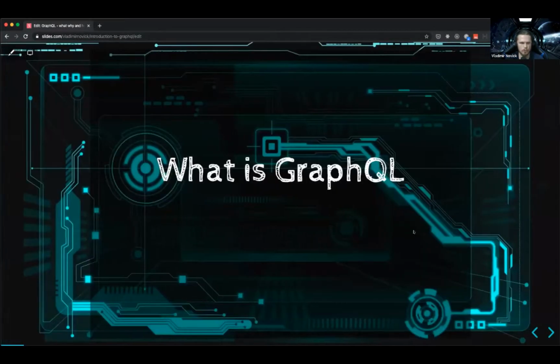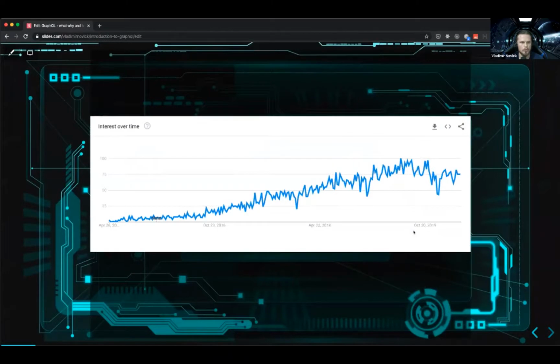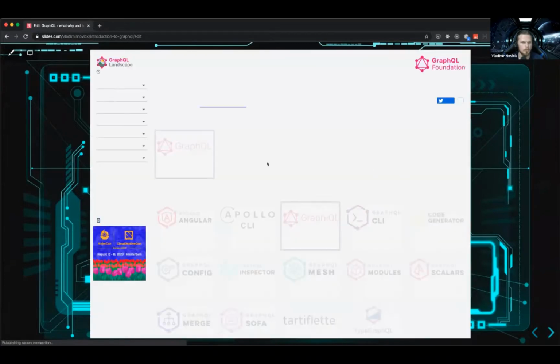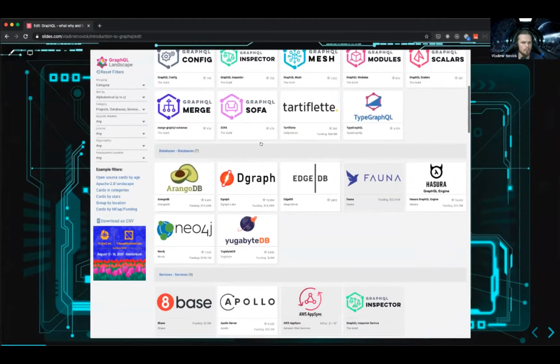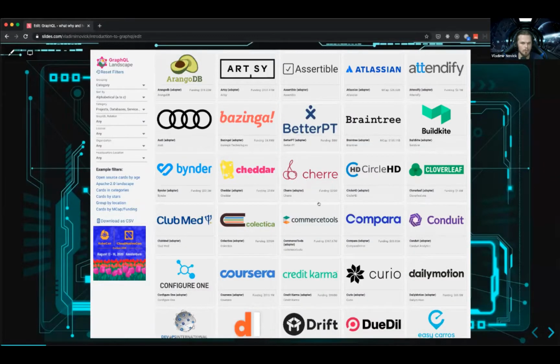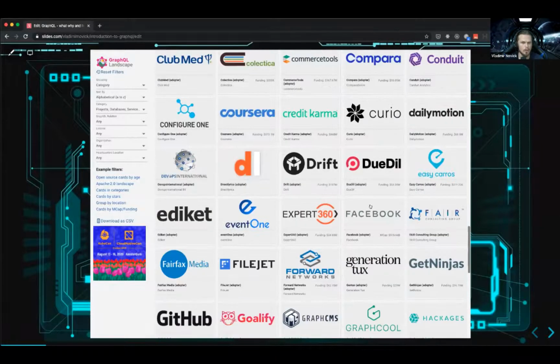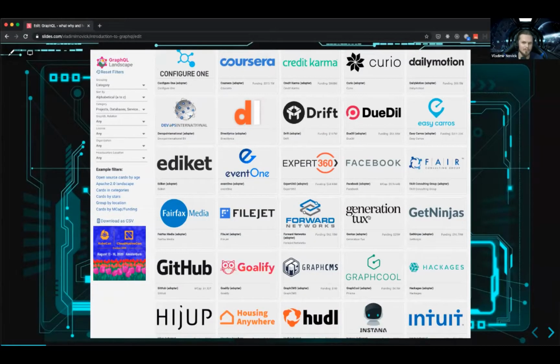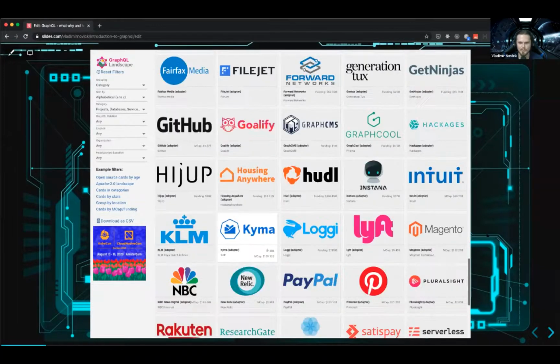So I want to relate to what GraphQL is. We had a look at the GraphQL trend going over time. There is huge interest over there for the last 5 years. Well, obviously nowadays the interest is more into what's going on, but GraphQL is adopted by lots of companies out there. Among them really big ones, and you can go later on through the slides and look at the companies that you probably know. There is Facebook here. You probably know Facebook, right? And a bunch of others.